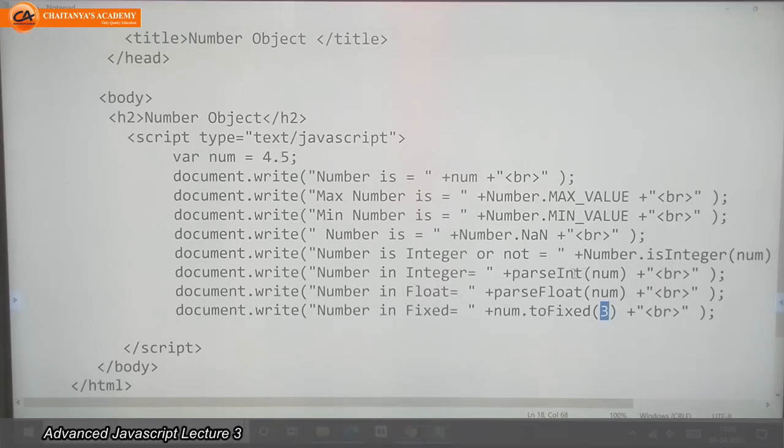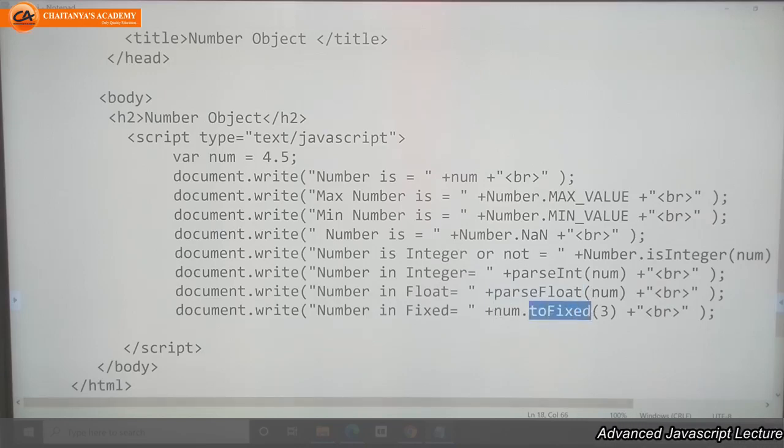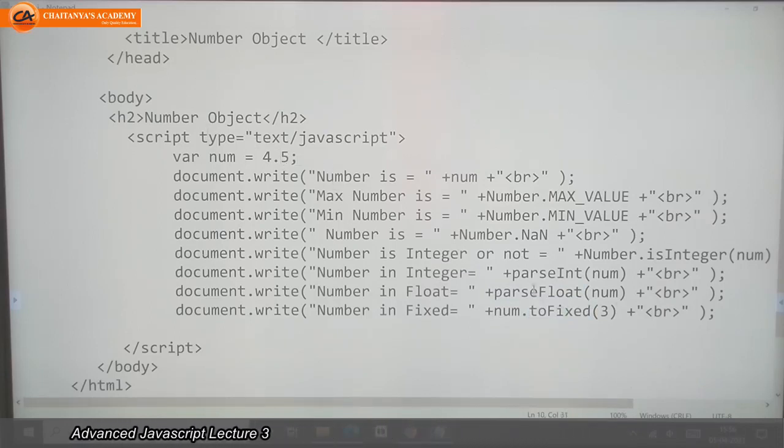So parseInt converts the string into an integer, parseFloat converts the string into a floating point number, and toFixed returns the number with the number of digits we want after the decimal point.